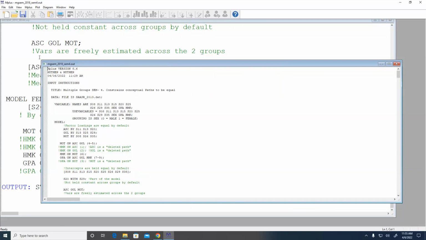If you do them all as a package and it's not significantly worse, then you wouldn't go back and do some sort of post-mortem of that. But let's say you have 15 parameters you're constraining to be equal, all your structural parameters, and the chi-square jumps up by a whole bunch. It could be that all 15 constraints are problematic, or it could be that only one of those constraints is problematic and the other 14 are totally fine.